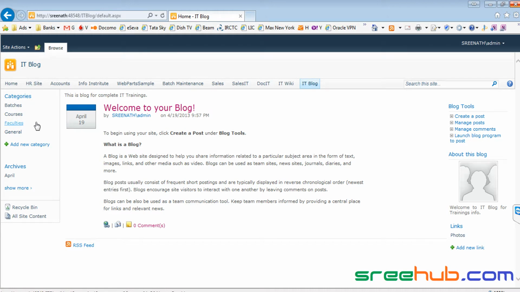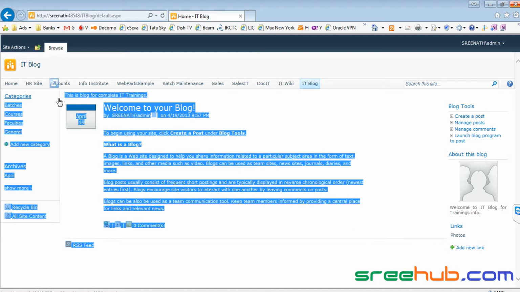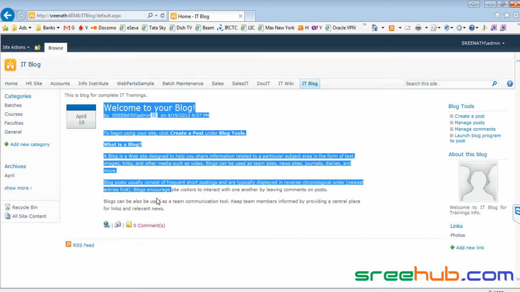And if you create some more lists or document libraries, those things will be saved under something called different lists and so on. Those are different components again, right? So that is one thing. Now you have this one, which is the main part of the story, nothing but a post, this part, right?